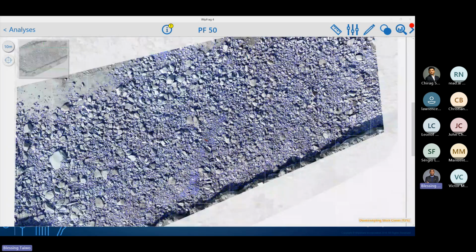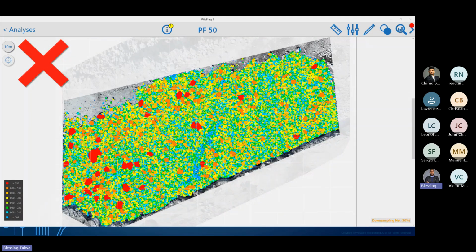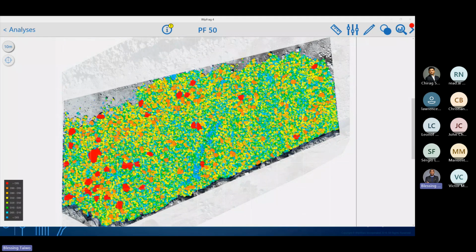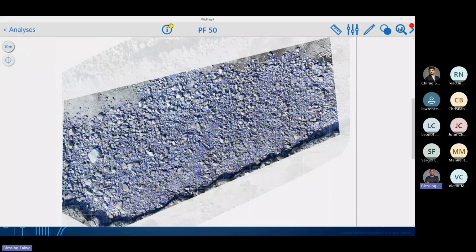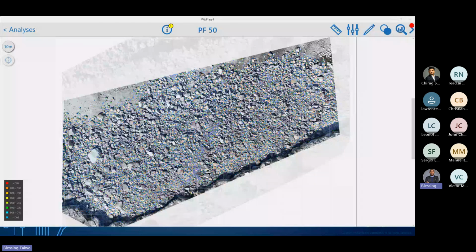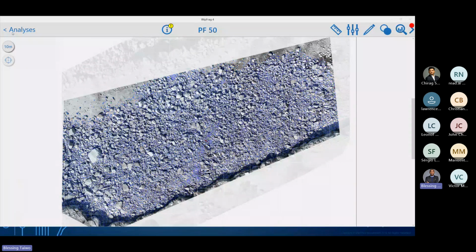You flew the drone over the blast, several pictures were taken, and you can analyze the images to see how the material is being distributed. You can see there is poor blasting at this section of the mine, and there is good blasting here. This section is 1.8 meter stemming, and this section is 2 meter stemming. So there's a lot of poor confinement at this section, and a lot of good confinement at that other section.